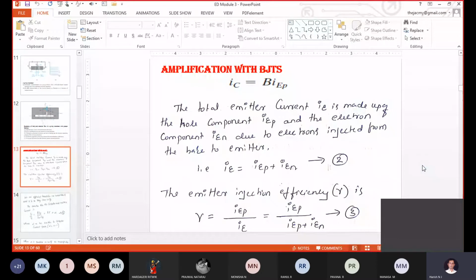These two resistances decide the gain of that particular amplifier. For the non-inverting amplifier, 1 plus RF divided by R1, this quantity decides the gain of the amplifier. Correct. So how much amplification will happen purely depends upon the 1 plus RF divided by R1 factor. If we are choosing RF equal to R1.